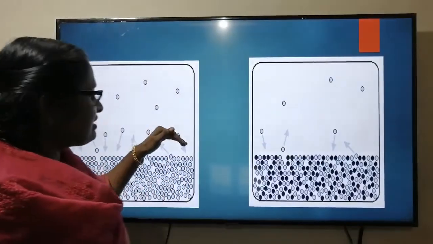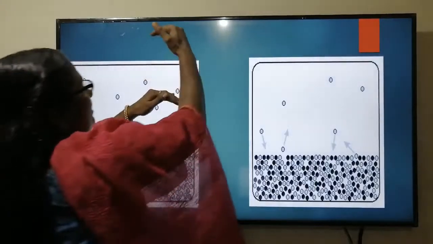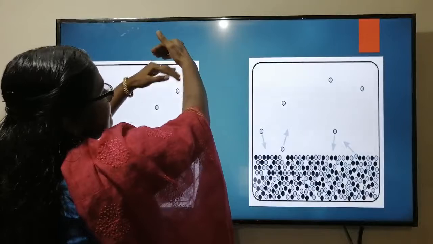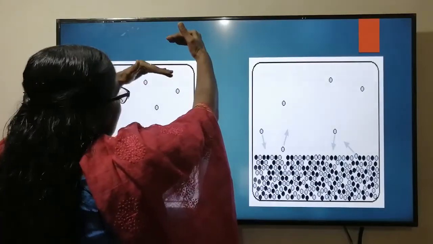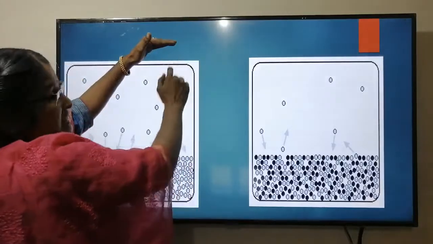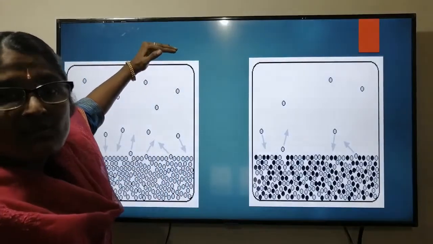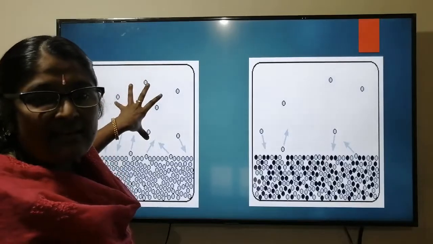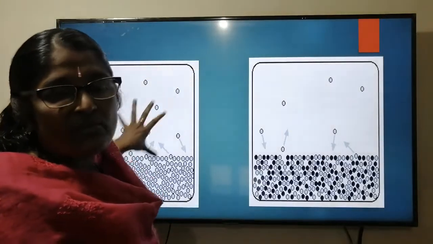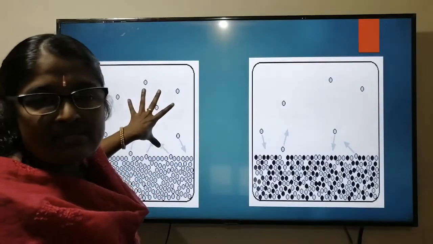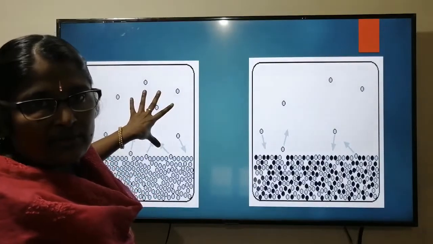If the vapor pressure is high, then it is easy for them to reach the pressure exerted by the atmosphere, which is the boiling point. Here the vapor pressure is high, so to reach the boiling point is easy. That means less temperature is required to make it boil. If the vapor pressure is high, less temperature is required to make this liquid boil. So we can say that vapor pressure is inversely proportional to boiling point.